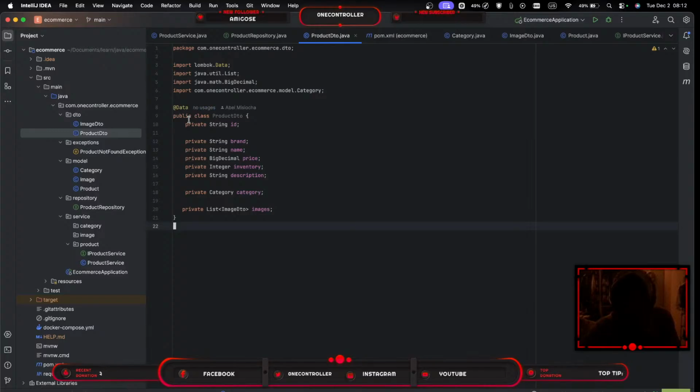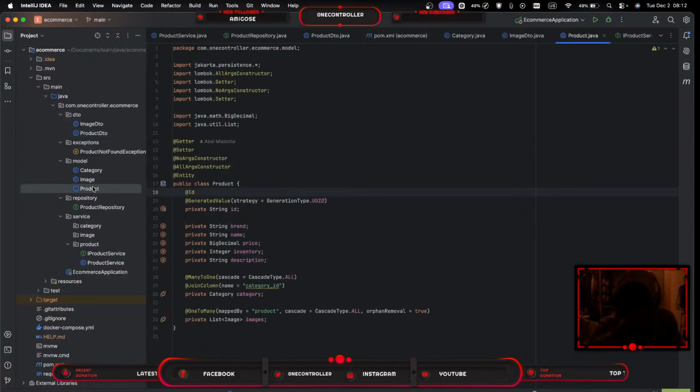Okay, so the product DTO more or less is going to map to the models that we have. So we have the product model right here. Well, we're not using @Data here. I think @Data is going to generate way more than we need, so we just do the getters and setters, then we do the no arg constructor, then we do the all arg constructor, then we do the